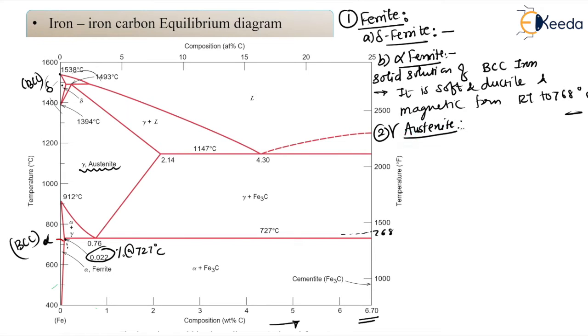So if you look, dear students, this phase is going to occur from this 1394 degrees centigrade, from here to 912. The iron undergoes this allotropic transformation from BCC to FCC. Dear students, please remember, this austenite is what? FCC structure. So from the temperature 1394 degrees centigrade to 912 degrees centigrade, this iron is undergoing this allotropic form,